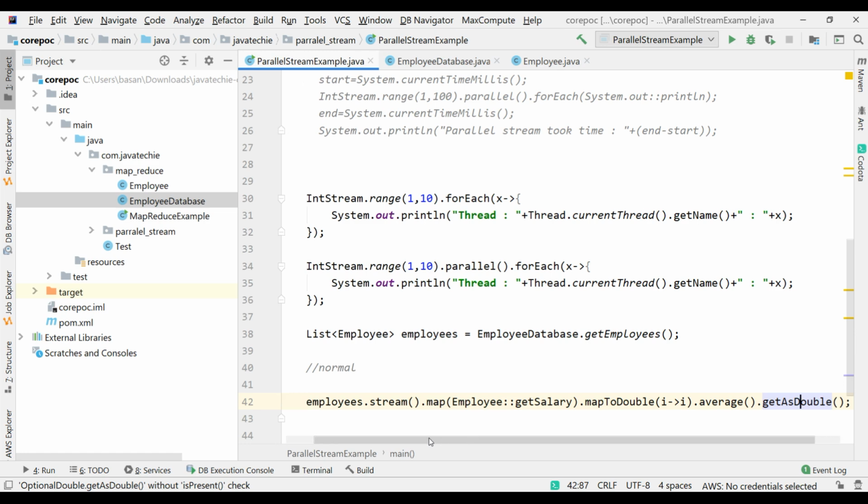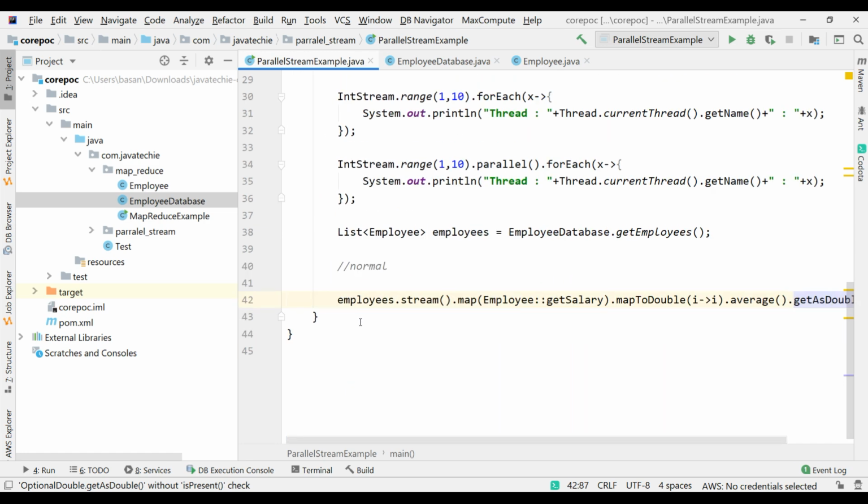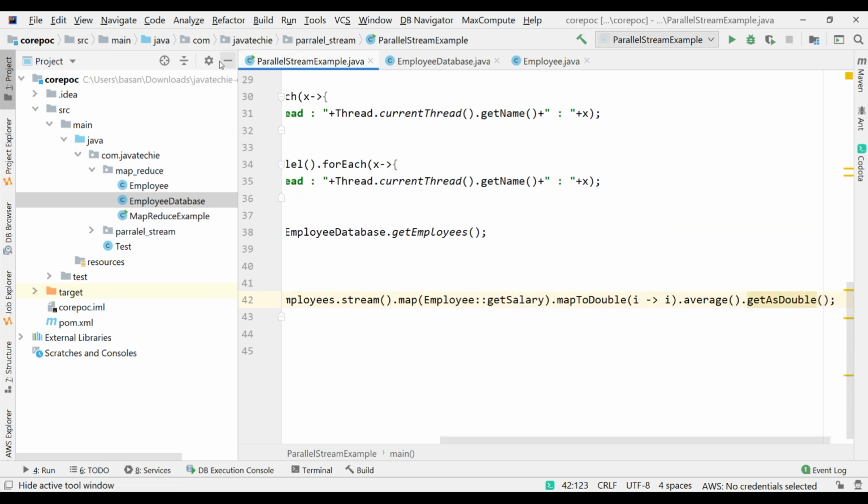So this you already understood from the reduce example, the map reduce example. If you are not aware of that, you can check out my previous Java 8 playlist. Okay, so I'll define a local variable salary with stream.